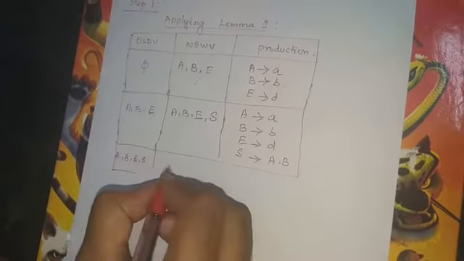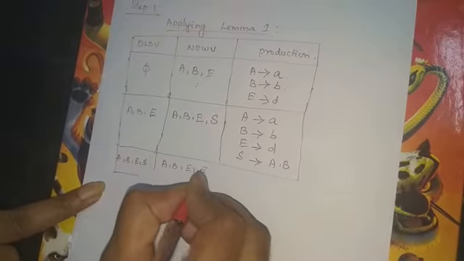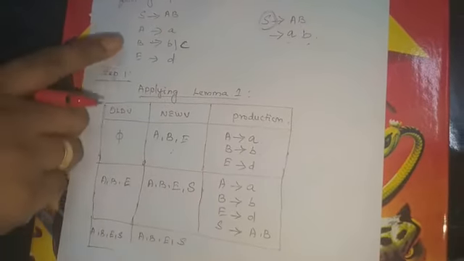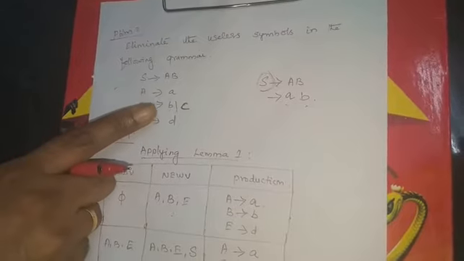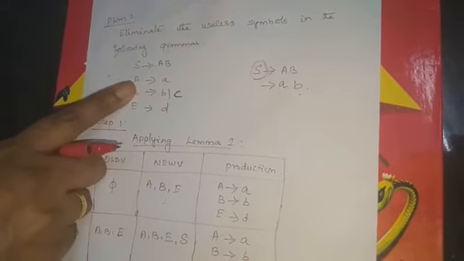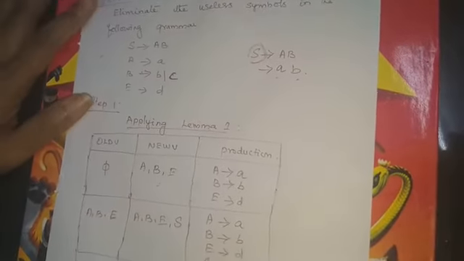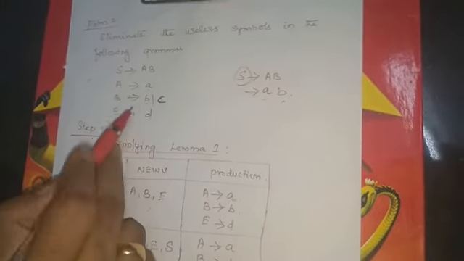Then again from old V I will copy into new V, and also I will check whether, if I substitute these rules in the grammar, I am able to get any terminal string. Whether I am able to derive a terminal string, I have to check. Okay. So there is no comma here, it is only B, AB. Okay, so I have to check AB, A, here I will not be able to substitute anything.